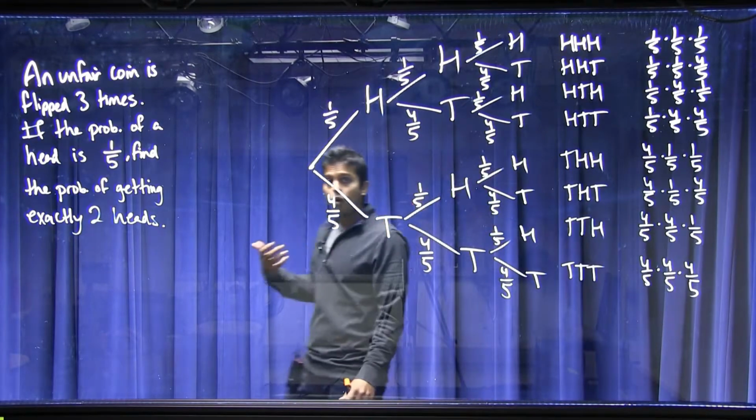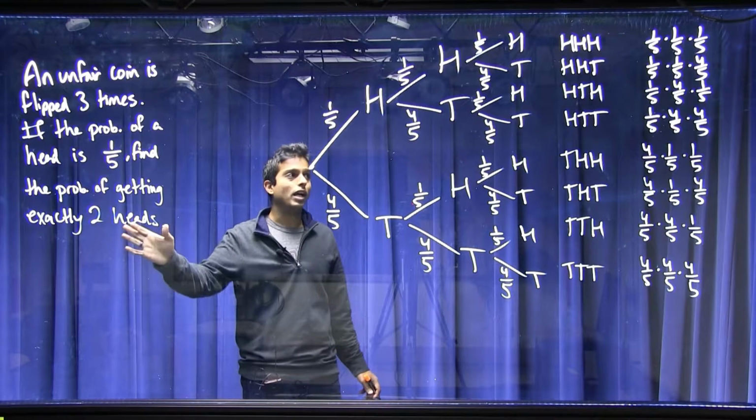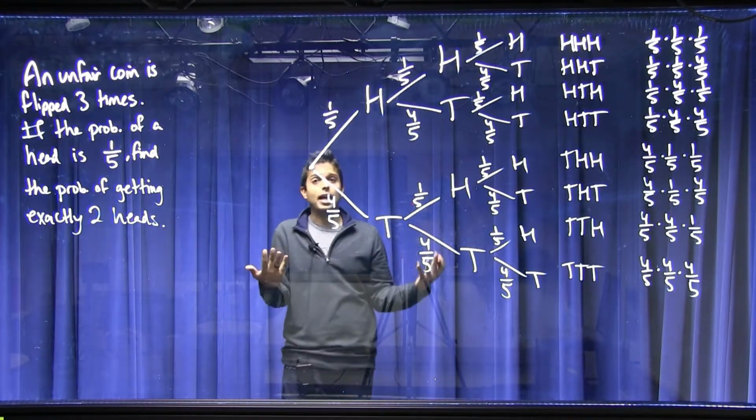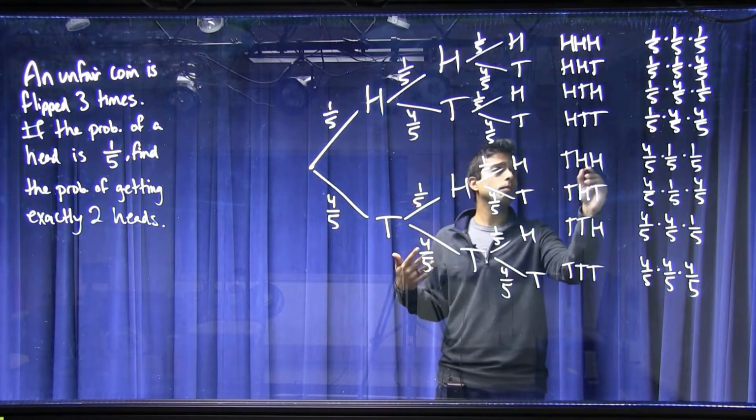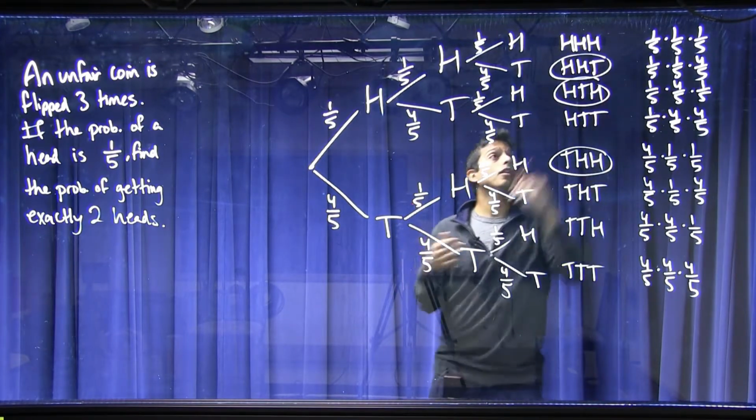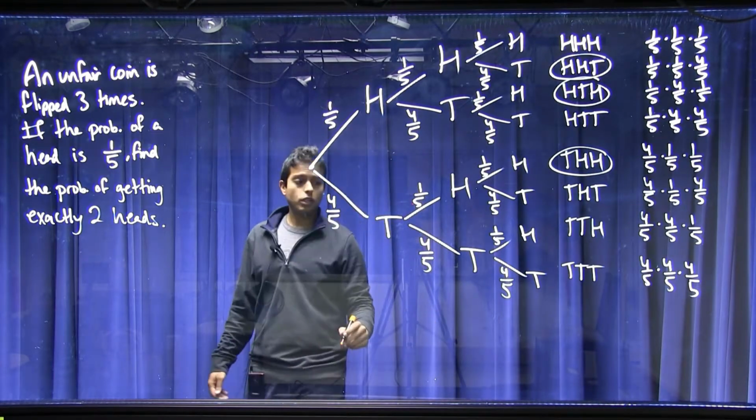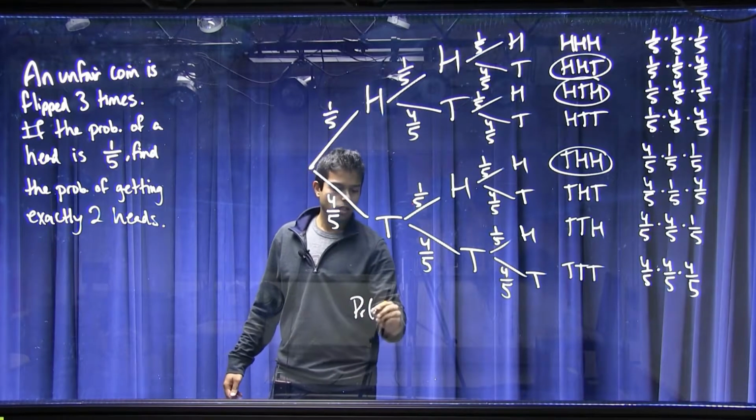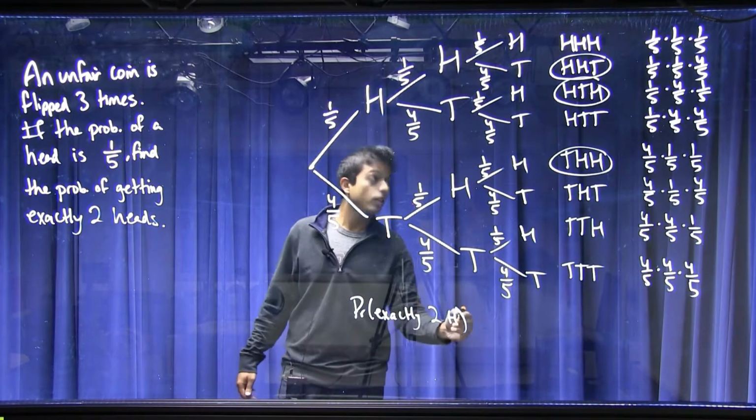Alright, so we filled in the whole tree, and now the question is, what's the probability that we get exactly 2 heads? So let's just look at our outcomes and then add up their probabilities like normal. So exactly 2 heads looks to me like that one, and that one, and that. Those 3. Okay, so then we can write that the probability of exactly 2 heads is, well, let's just see